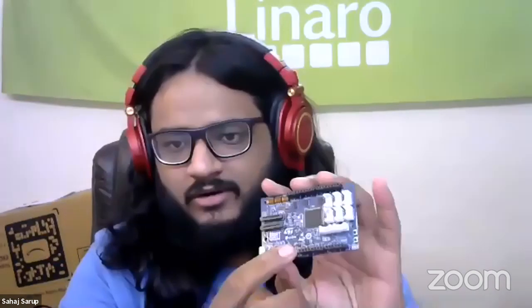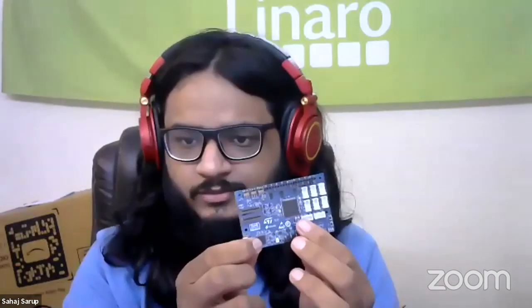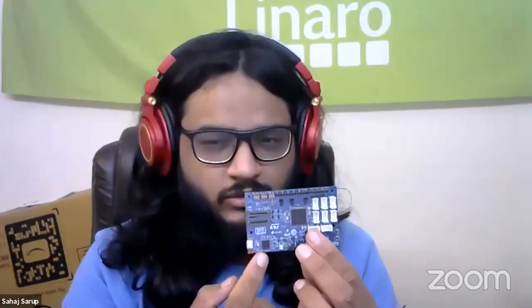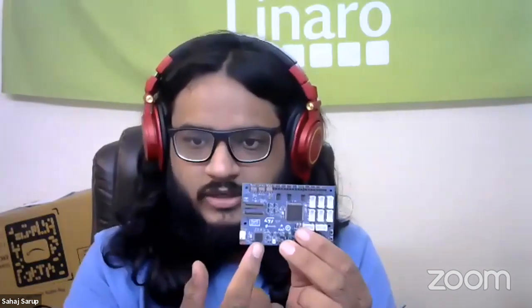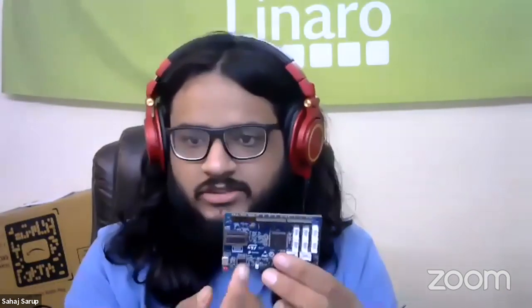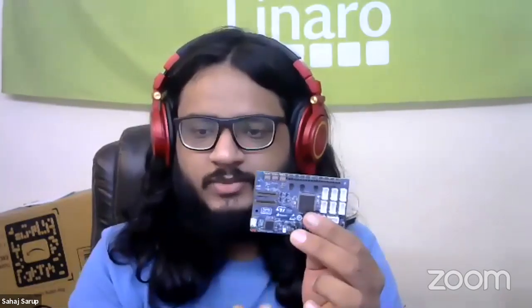There's a power chip right there, which does the voltage regulation for the main SoC. There are two SoCs on this board. There's a little one, the Nucleo SoC, still an STM32, which handles the flashing of the main SoC, like an Mbed bootloader kind of thing. So we just bypass this one. We are not concerned about this. But when you plug in your USB, this is the SoC